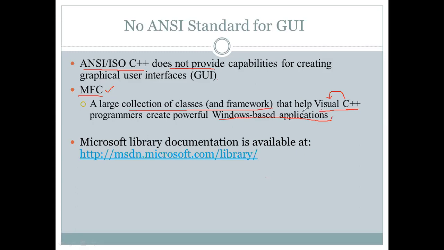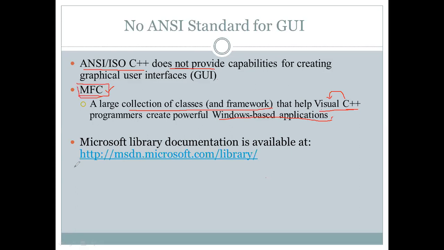It is very familiar because it allowed the user to interact in GUI mode. This is the main reason why we are using MFC.